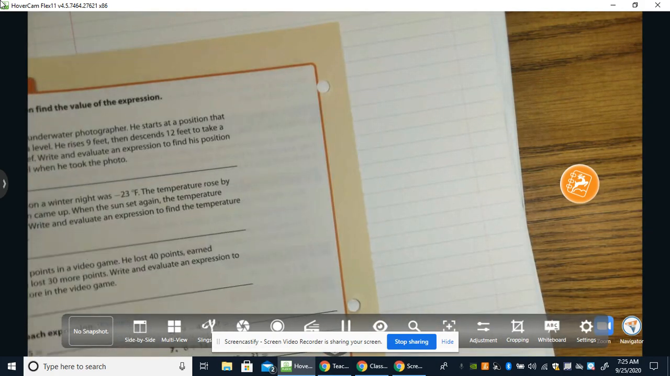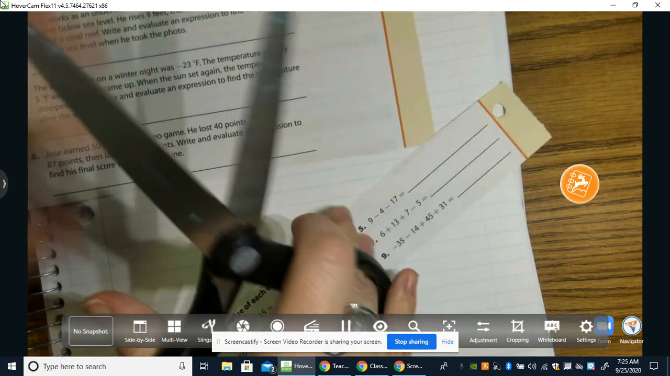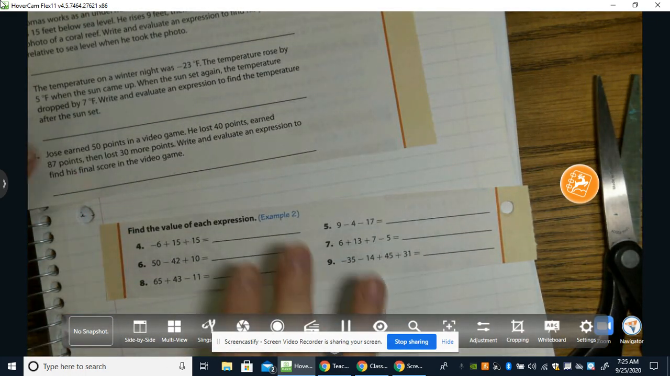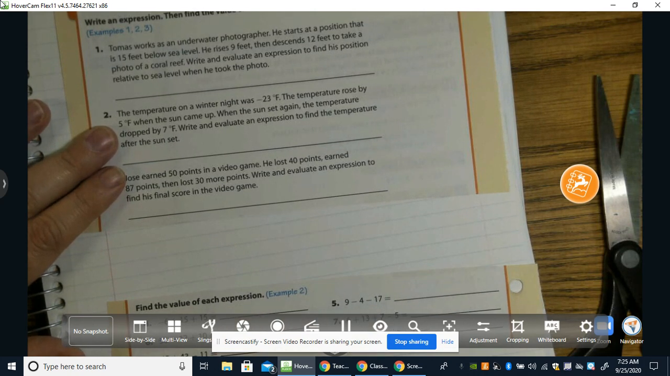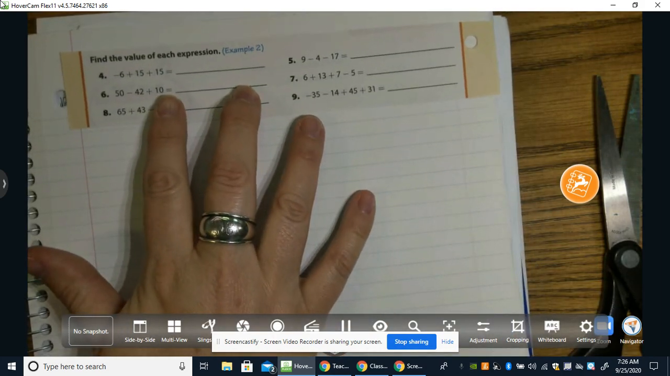I'm going to cut that off and put that to the side. Then you're going to cut right underneath the 3 and into those 2 sections. Okay, so you have 2 pieces right now. So what I'm going to do first is put the 4 through 9 into